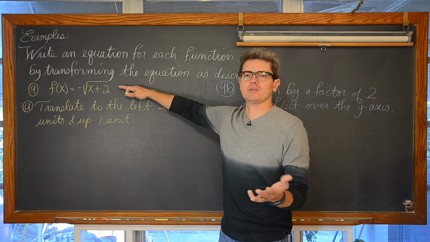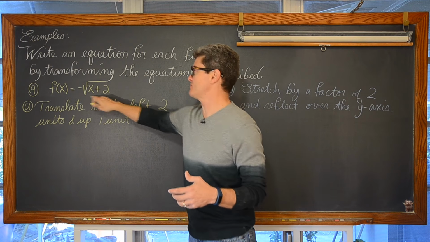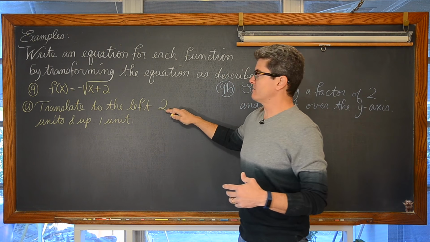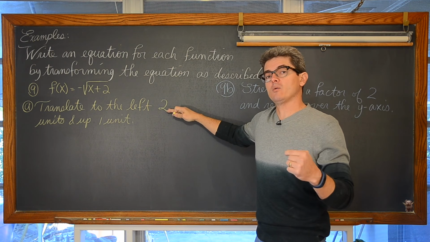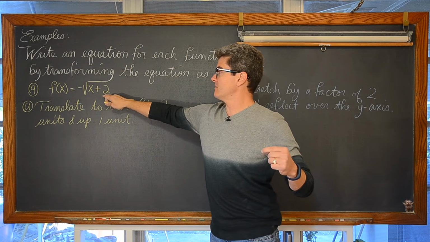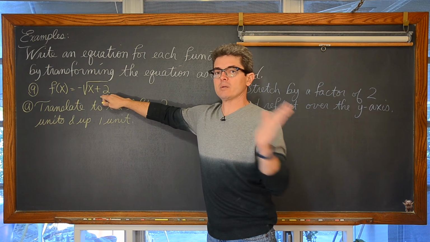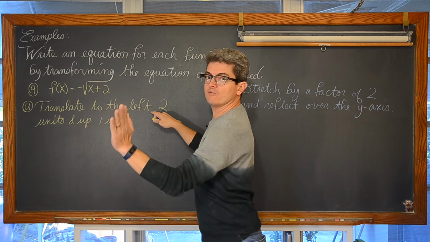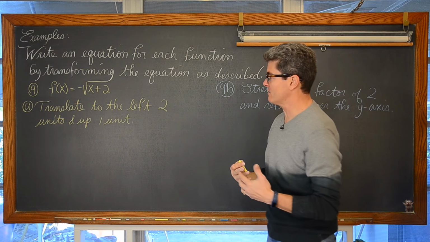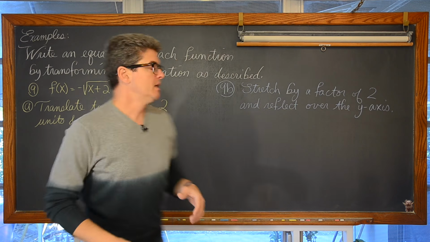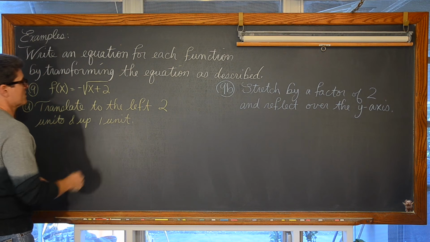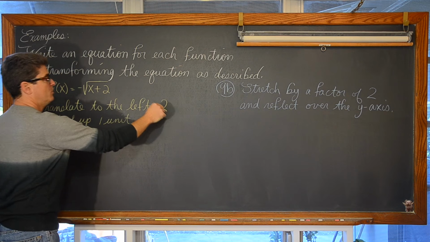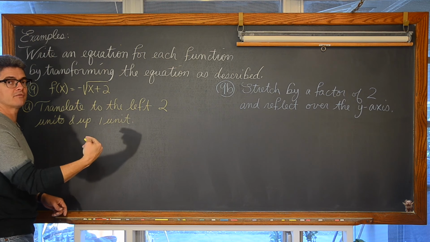So function f actually already has some transformations in it. Move to the left 2 and a reflection over the x-axis. I want to take this function and move it from the original parent function of y equals square root of x. Instead of moving it from f, which has already been moved left 2 units, I want to move f even 2 units farther to the left from the parent function, and then move it up. So from that original parent function, y equals square root of x, don't move just left 2, move to the left 2 more. So basically move to the left 4 units.